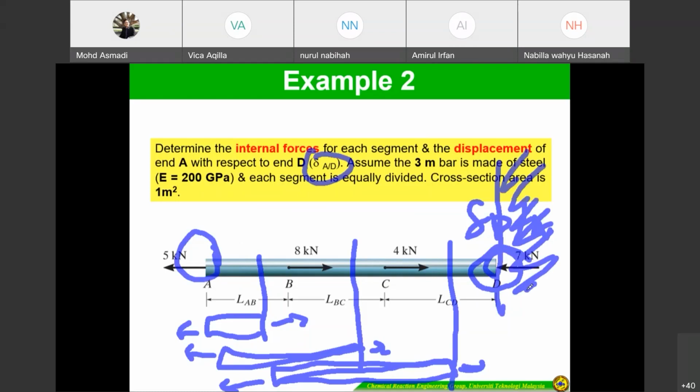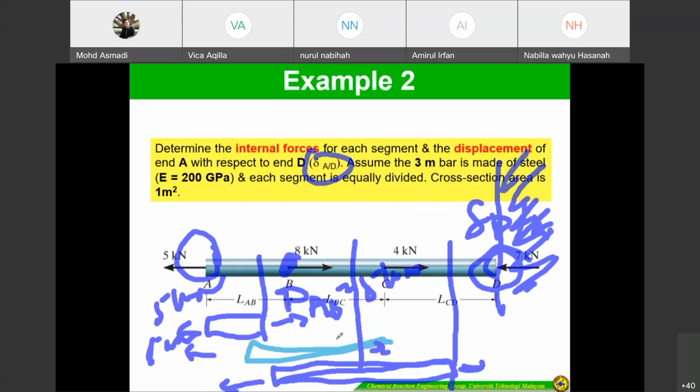So by the method of sections, definitely you have to calculate P AB. This one is 5 kilonewtons, right? Of course, you know this one is 5 kilonewtons, and this one is 5 kilonewtons, because there's 8 kilonewtons here. Don't forget, at the center there is also a force here now. So PBC equal to